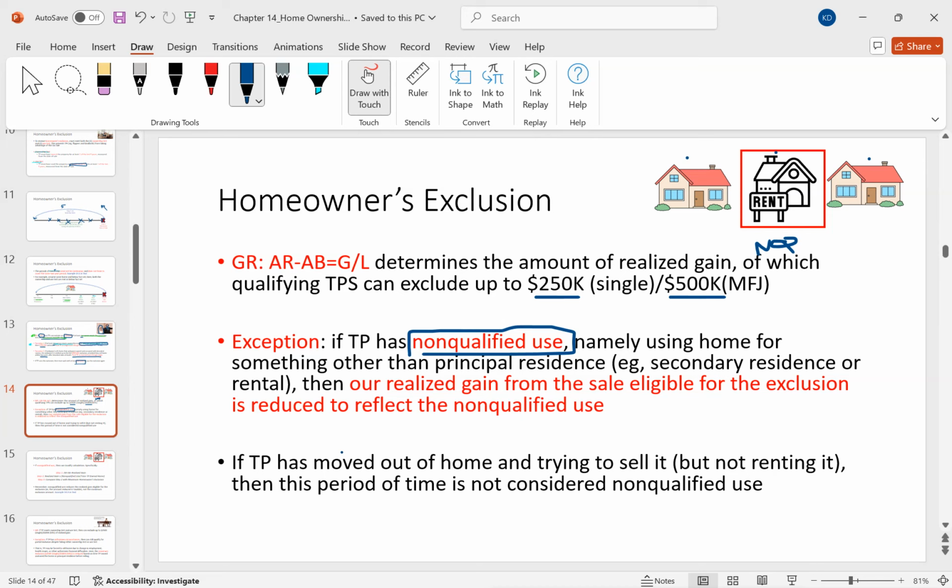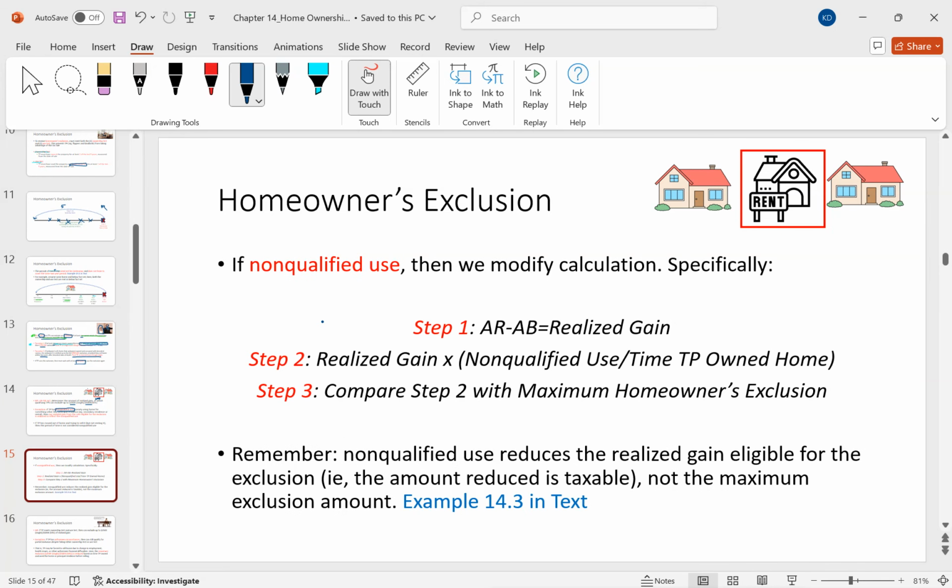The other thing to be aware of here, though, is if we purely rent it out, that's non-qualified use. But if we're not living in it and we're not renting it, that's not non-qualified use. That's what that guy's saying. What do we do here? What's the mechanics of this? Well, for